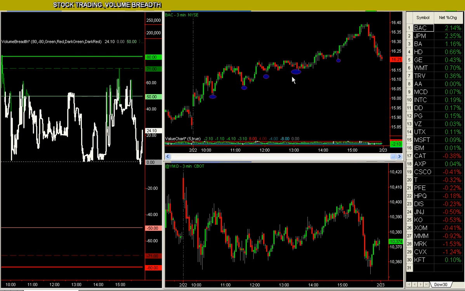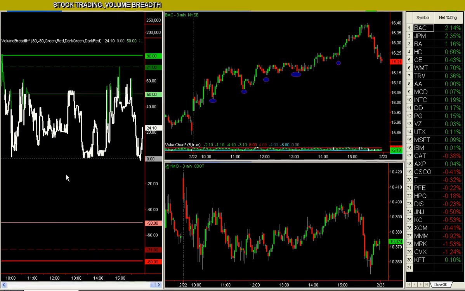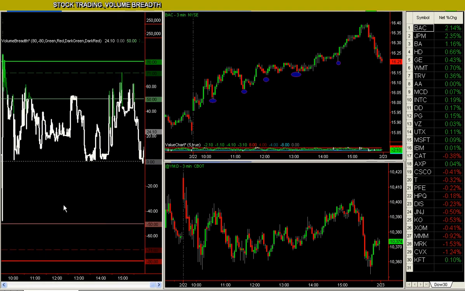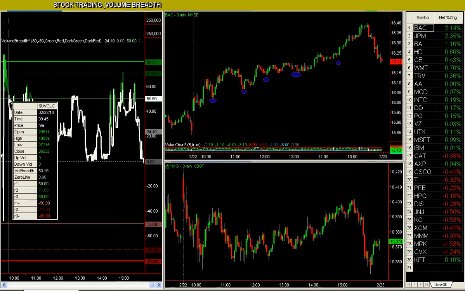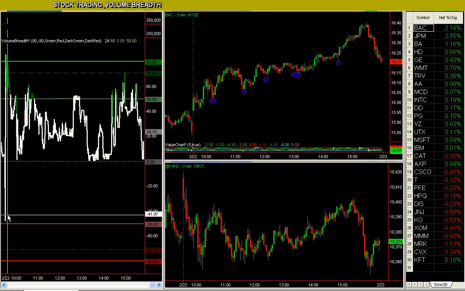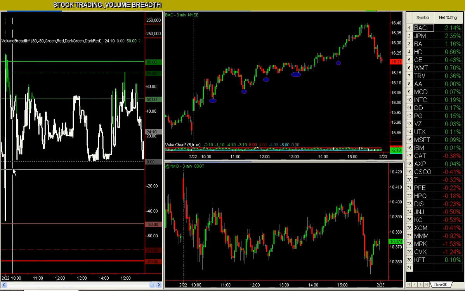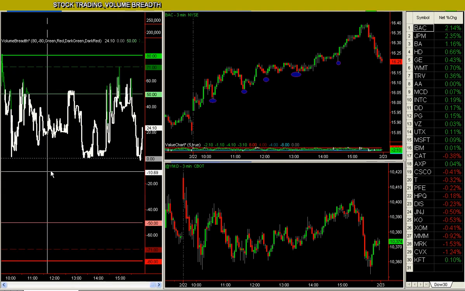It all starts with the volume breadth, because that quickly gives you the bias of the market. The volume breadth opened up. In fact, when it opened up, it went above 80% and quickly came back down, but it didn't open up and go down, so that quickly gives us market bias. It's as simple as that. And it stayed above zero, and as long as it stayed above zero all day long, you'd be fine